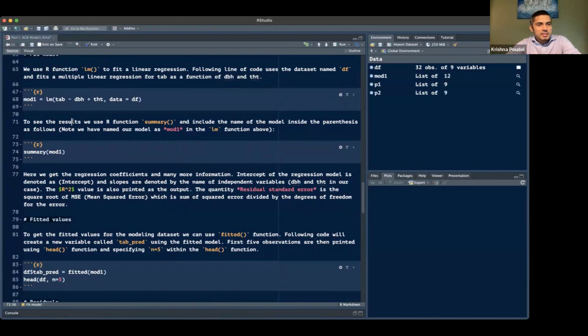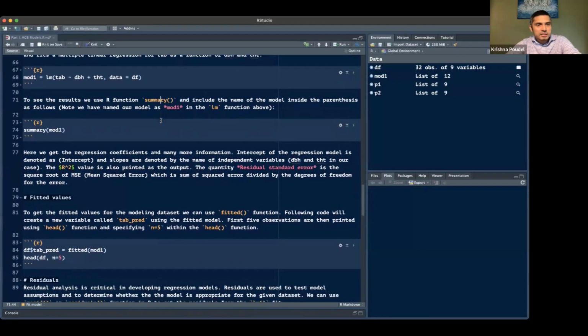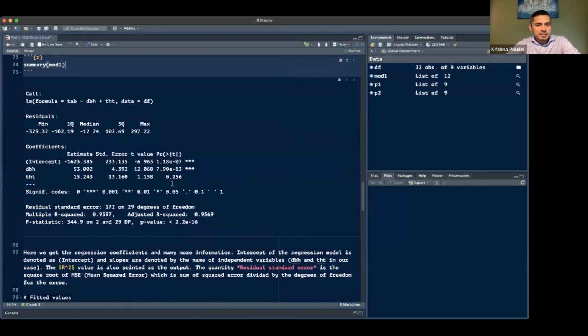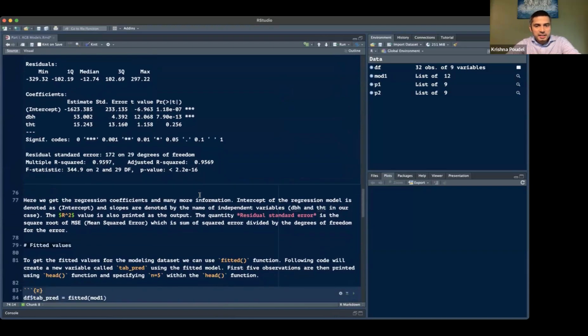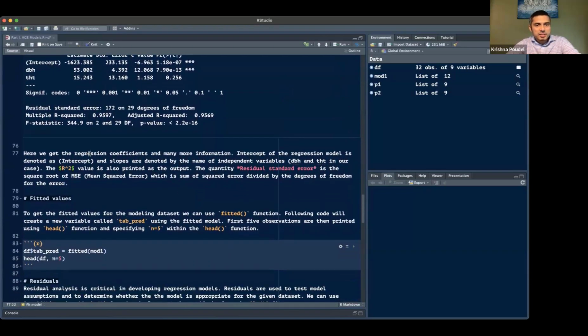And then we can view the result by using the summary function. Looks like most of you have experience working with this lm function. But anyway, we can use the summary function and it prints the result. Okay, so this is the intercept, that's the slope for DBH, that's the slope for total height. And we see that height is not significant in this case. The adjusted R square is 0.95, so pretty good model, but height is not significant. We get the coefficients, but